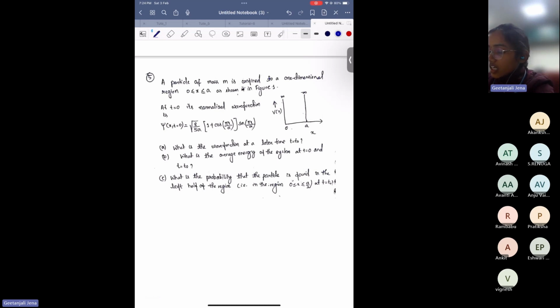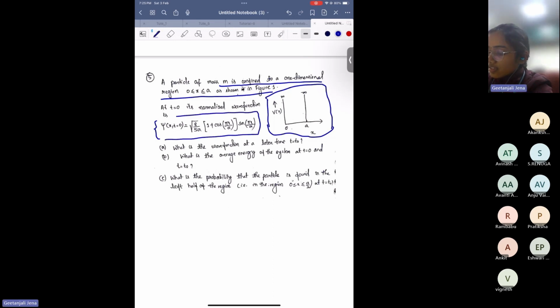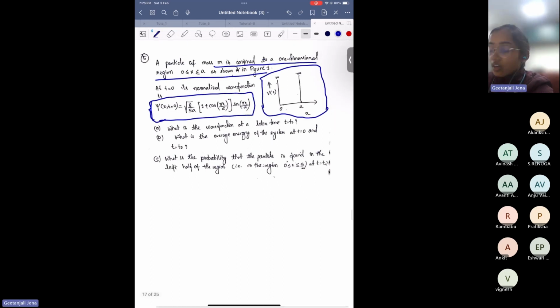So the question is, a particle of mass m is confined to a one-dimensional region 0 to x as shown in this figure. Okay, so the particle is confined in this region and at t equal to 0, its normalized wave function is this. Psi of x,t at 0 is given by this equation. This is given to you at t equal to 0. Now it is asking about what is the